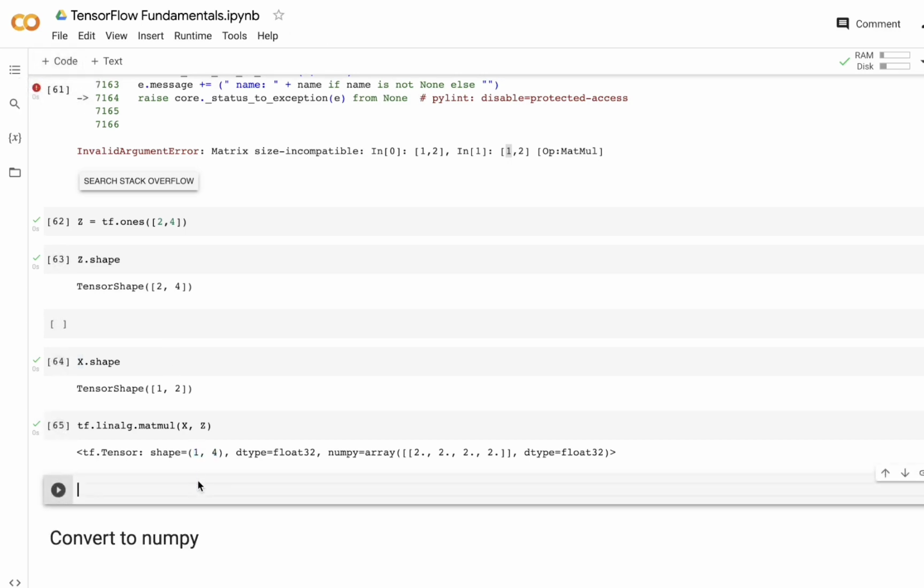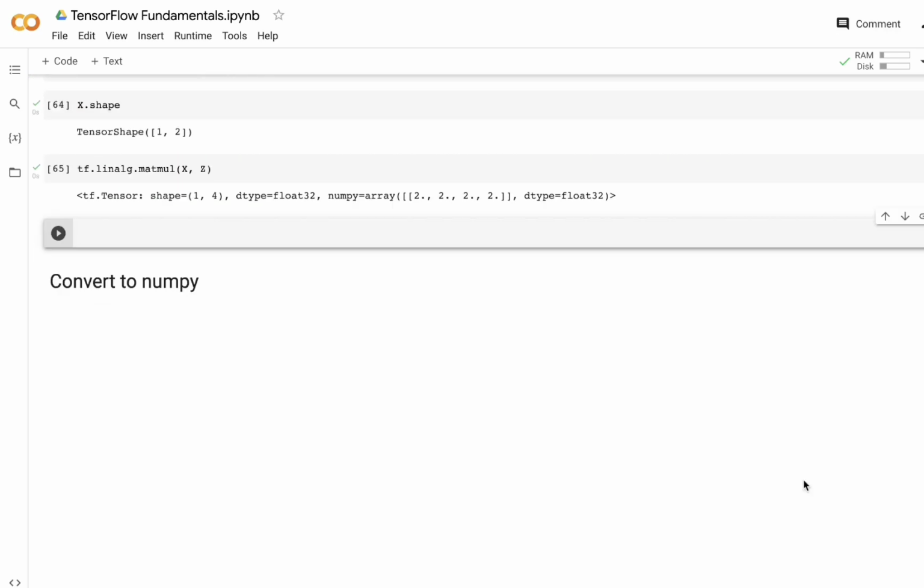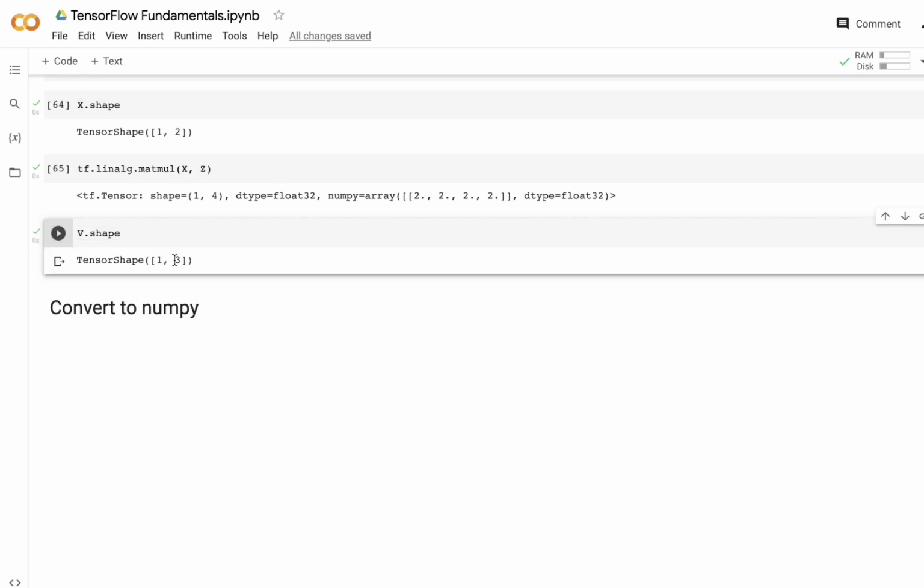Next, let's see how we reshape a matrix. We saw here that v was not compatible; the shape of v was not compatible. Now let's try to change it. Let me do v.shape. V has a shape of 1 comma 3. What if I want to reshape this